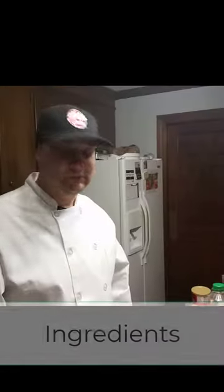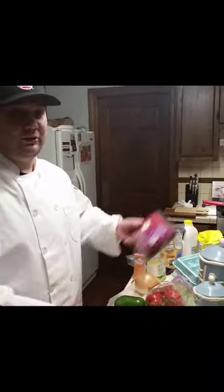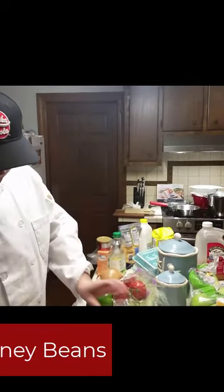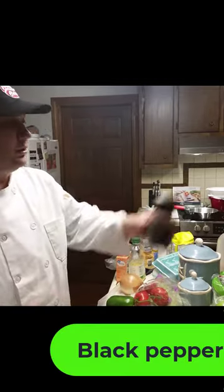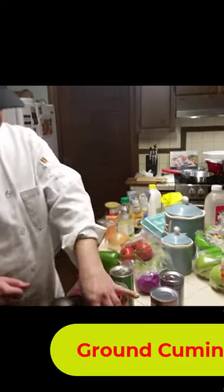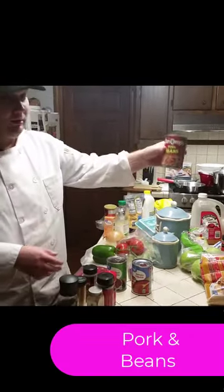Moving on. The next portion of the meal will be our church-style chili, which is comprised of ground beef, kidney beans, paprika, cayenne pepper, black pepper, bay leaves, chili powder, ground cumin, tomato sauce, pork and beans,